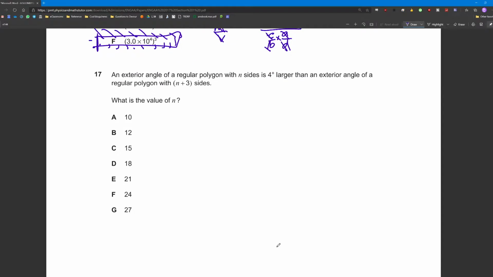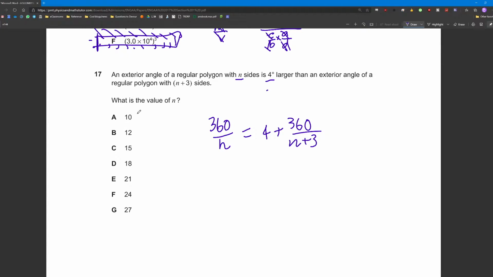An exterior angle of a regular polygon with n sides is 4 degrees larger than the exterior angle of a regular polygon with n plus 3 sides. Okay, so with n sides, the angle is 360 over n, and this must be 4 plus 360 over n plus 3. Now, one way to do this, obviously, would be to solve a quadratic, but I think that's a waste of time. I actually did this question next to a friend in real life, and we were talking about fast ways to do this, and it turns out the fastest way is just literally going